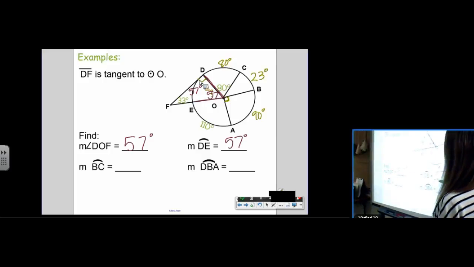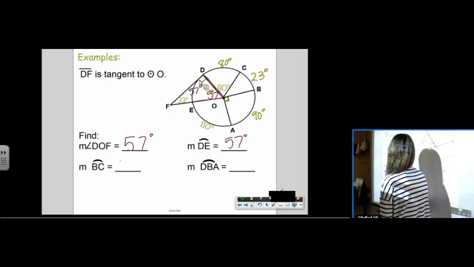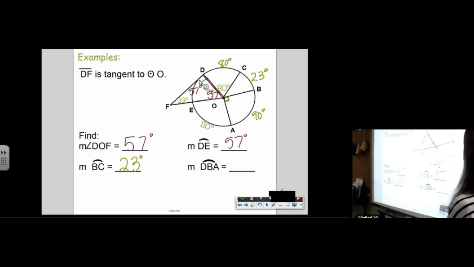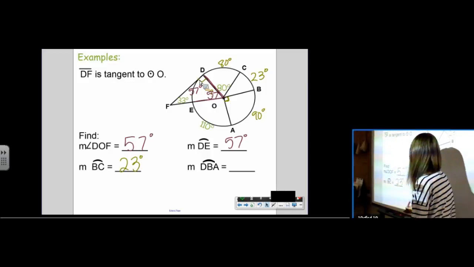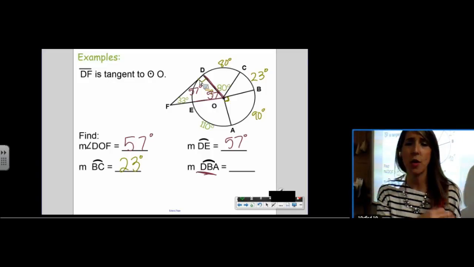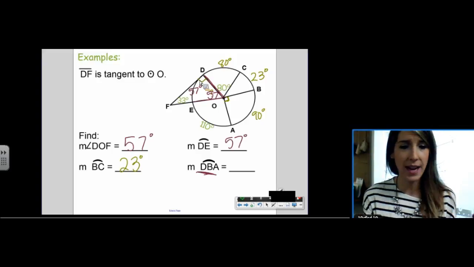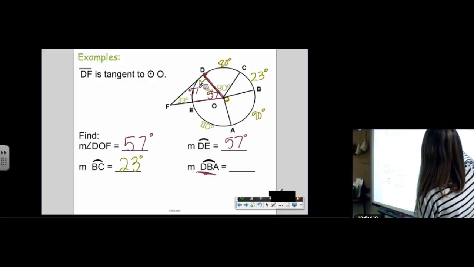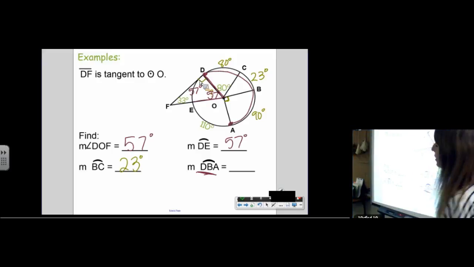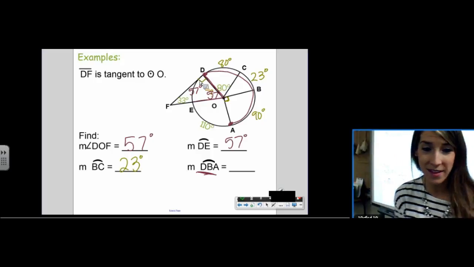Adding up the angles and subtracting from 360, a nice little minor arc. And the measure of arc DBA. This is really just testing, do you know which way to go? Do you know which one is arc DBA? Because I know everyone can add numbers together. So just make sure you start at D, you travel through B, and you end at A. So add those up. The sum is